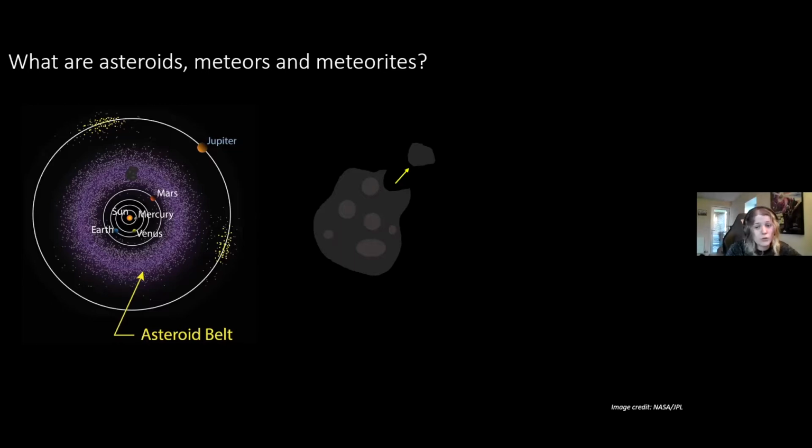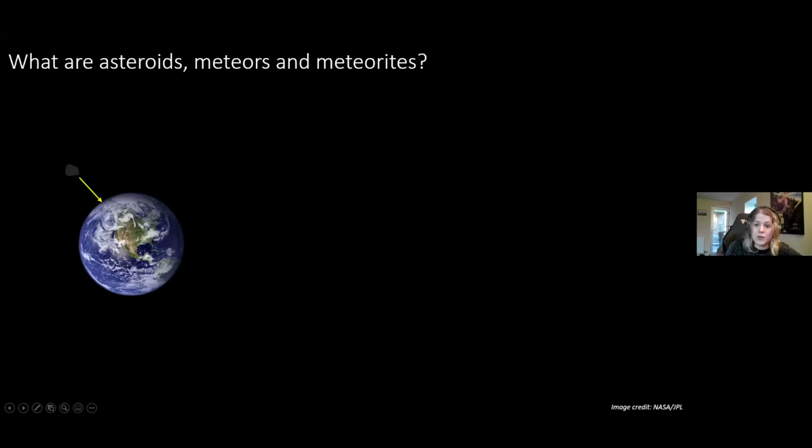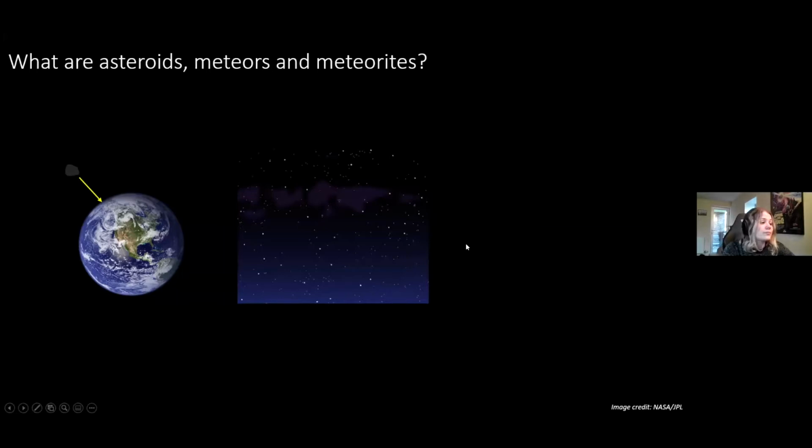And if it's lucky or potentially unlucky enough, that chunk of rock will intersect Earth's orbit and it will enter Earth's atmosphere. When bits of rock enter Earth's atmosphere, they burn up. And if they're small enough, they will be completely destroyed by their journey through Earth's atmosphere. Essentially, friction with air molecules will cause these really bright trails, and these are called meteors. So you might have seen meteors, you might have seen shooting stars. It's the same term here. And actually, we have periods in the year where shooting stars are more likely to be observed.